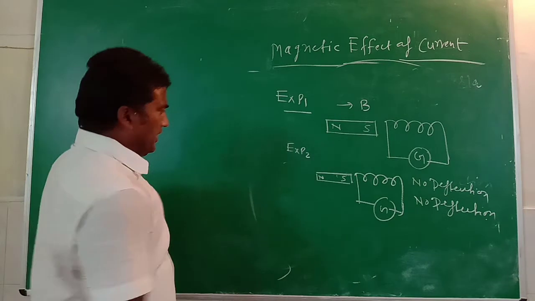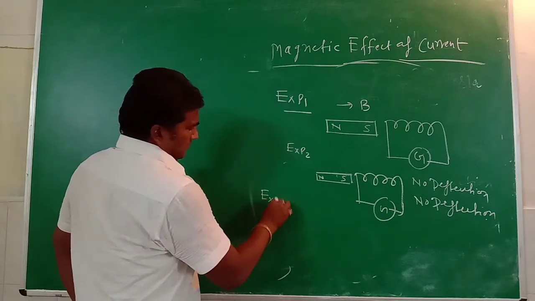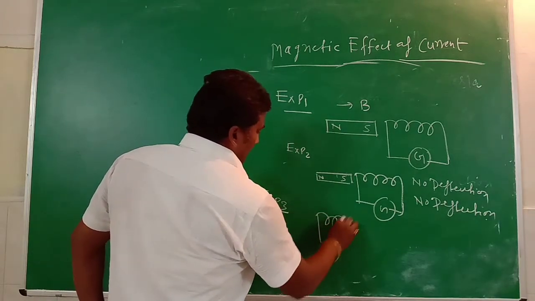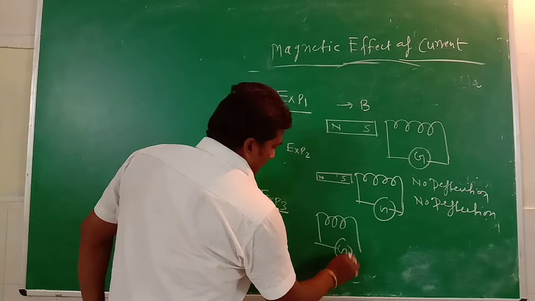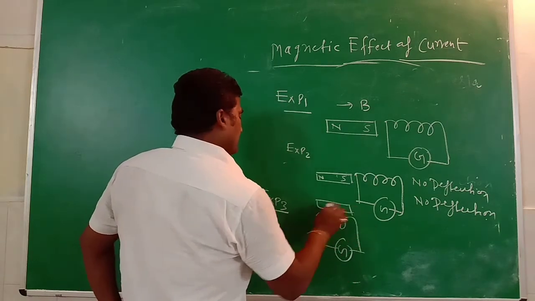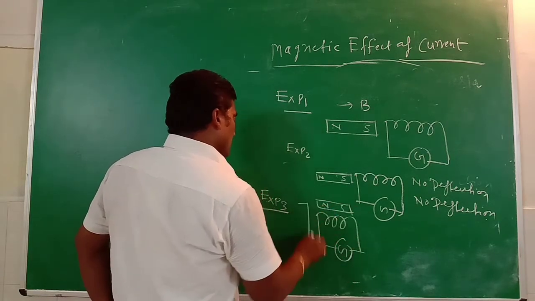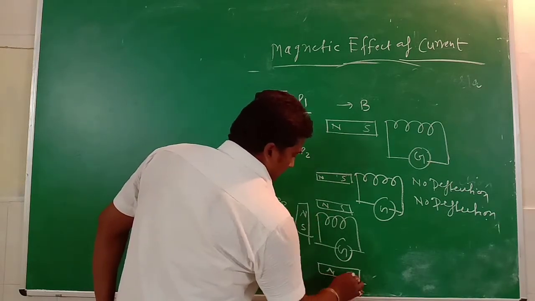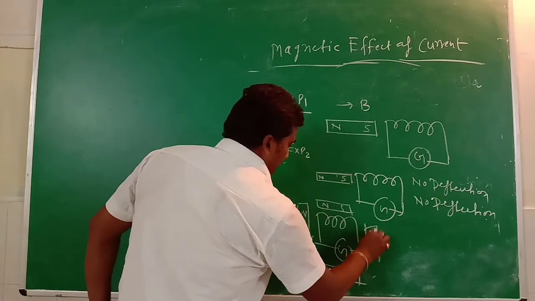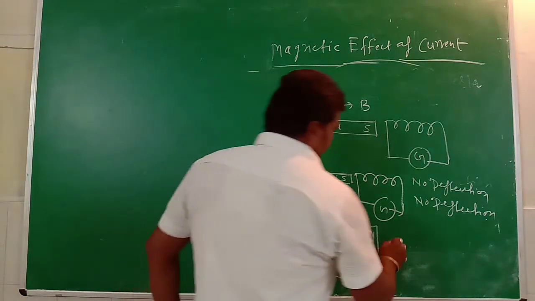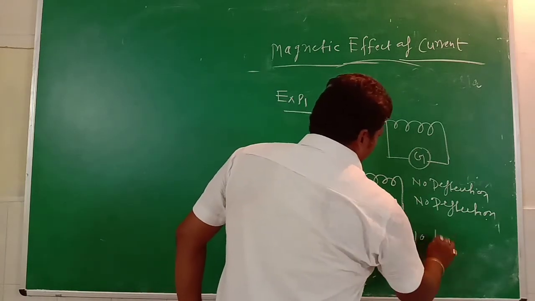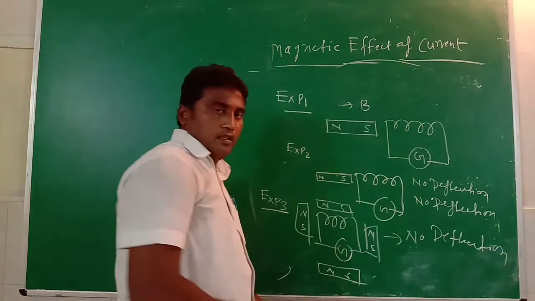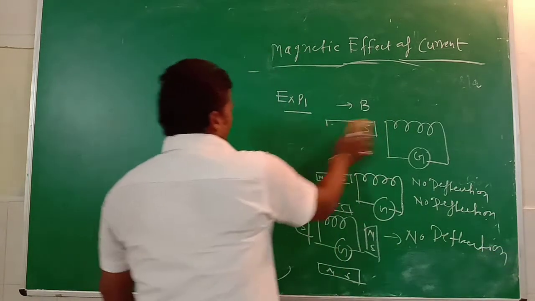In experiment number 3, a bar magnet is moved in every direction around our set. Then we observe again no difference. But in experiment number 4,